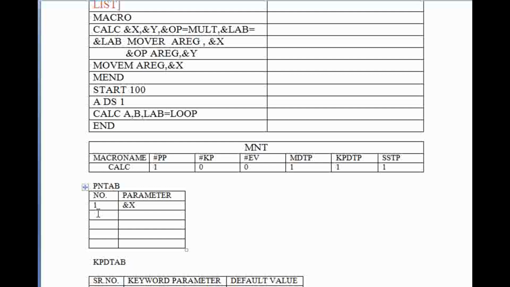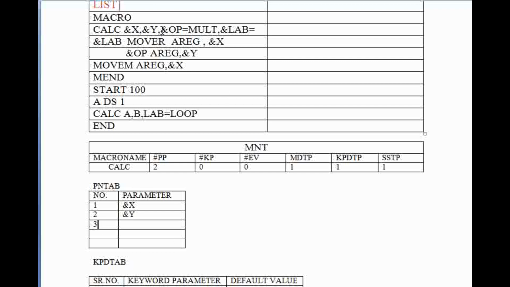The pointer is incremented by 1. It looks at the second parameter, which is again a positional parameter, so #PP becomes 2, and we enter this parameter Y into our parameter name table, and the pointer is incremented by 1, which is 3.